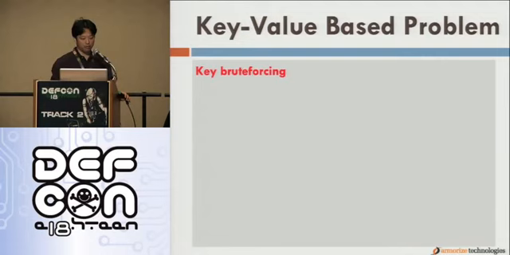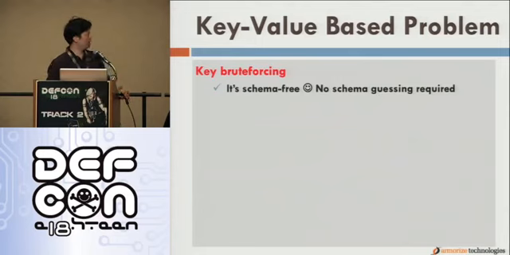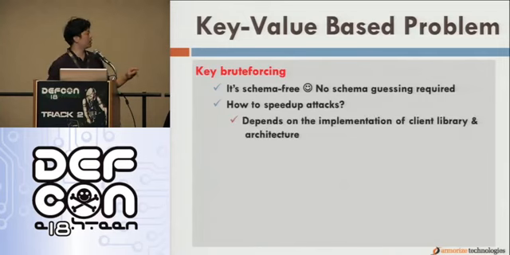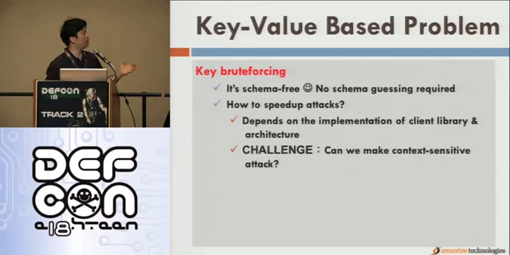Key value-based problems. In a key value-based database, we can at least do key brute forcing. Key value-based databases are schema-free, so we don't have to guess the schema. But when we're doing key brute forcing, the key now is how to speed up the attacks. It really depends on the implementation of the client library and architecture. The challenge is, can we make context-sensitive attacks, meaning that we send a key and we do some static analysis, and according to the time in the calculation or the response differences, we can say,